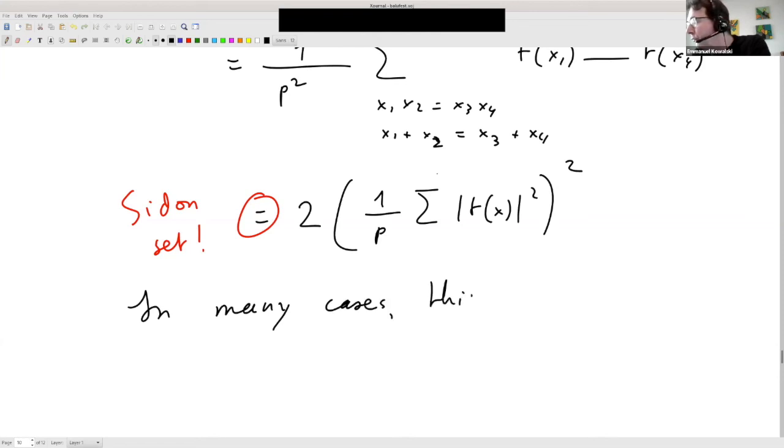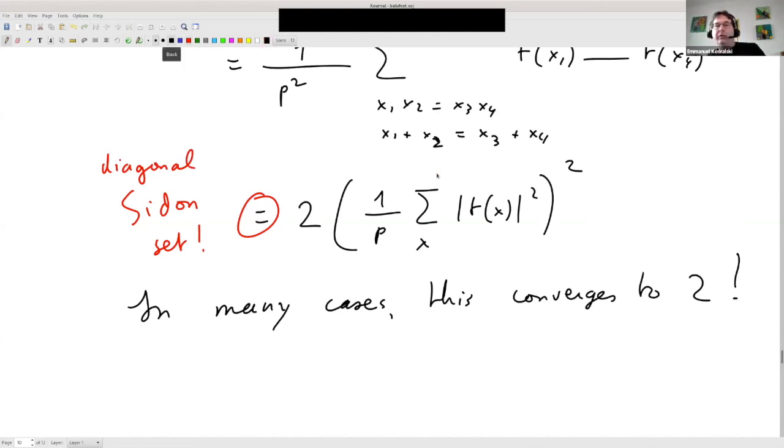This converges to 2. Okay. So again, you have to think of the situation where T of X has modulus 1, like E of F of X over P, and then you get something that converges to 2. So that means that by the theorem of Larsen, the corresponding group K is either finite,